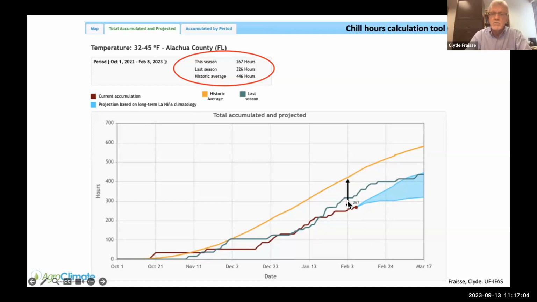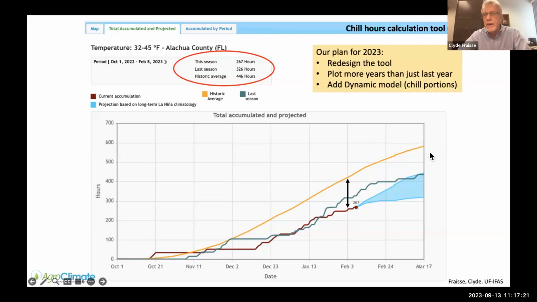So you can see that we are below the long-term average, and this has been the history for the last 5 years or so in almost all the stations we have in Florida. So what are our plans? We're going to redesign this tool. Growers asked last year, when we were in Savannah for the Fruit and Vegetable Conference, for the ability to plot more years to see what happened in different years beyond the last year. And also we're going to use the dynamic model